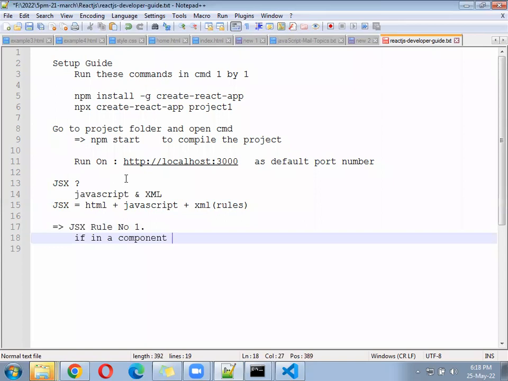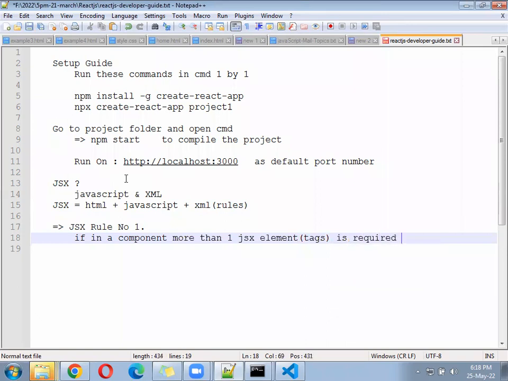The JavaScript function we write in JavaScript, the same thing we call a component here. It will be of two types, class based and function based. So if in a component more than one JSX element is required, what is a JSX element? Tags. A JSX element is pointing here to a tag.